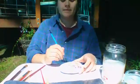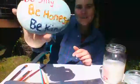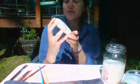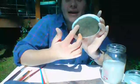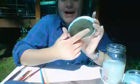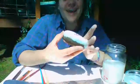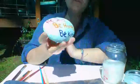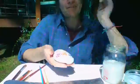All right, so there's my "be kind." Can you see that there? So now it says, "Be silly, be honest, and be kind." So lastly, after it would all dry, I might write something like, "Made by a Girl Scout in my troop number," or something like that if I wanted. And then when I went on a walk with some adults in my family, I might take it with me and put it somewhere, which